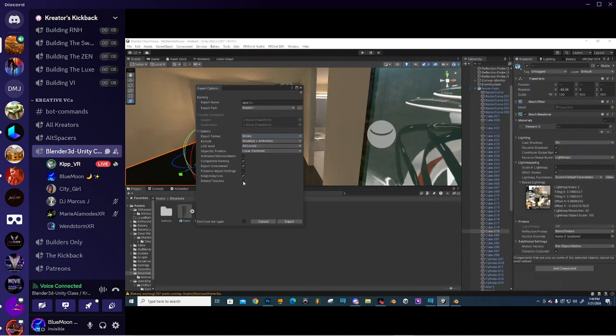You want to select embed textures if you have any textures that came with it. Now, the object's position. This is important. If you are exporting something that you want to bring back in here and you don't care about where you're going to position it, you can leave it on local center. But if you needed it to go in the exact same spot as where you took it from, you want to change this to world absolute